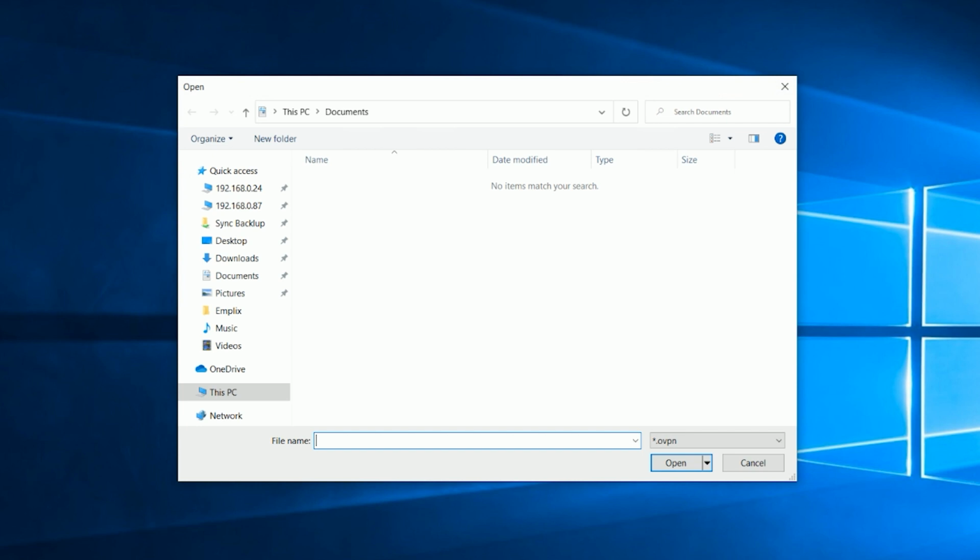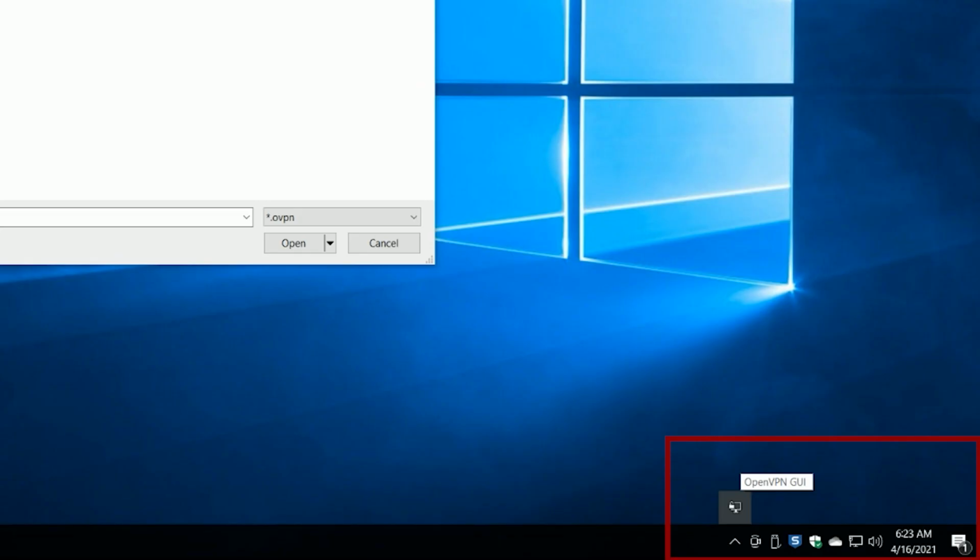I'm going to show you 2 different configurations. One way is to actually do it on your laptop or PC, and the other way is to do it on a mobile app. Let's start with the PC. I'll include a link to download the OpenVPN client, but once you download and install it, it's pretty simple. What you're going to do is go down here to the icon that says OpenVPN, and on